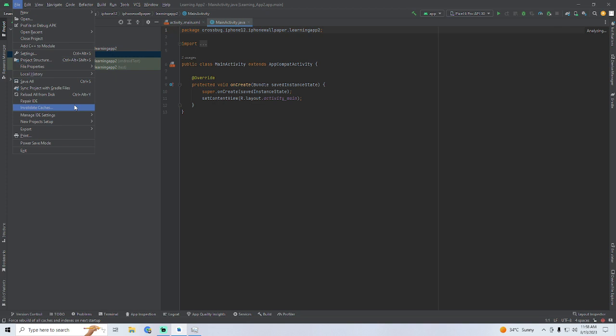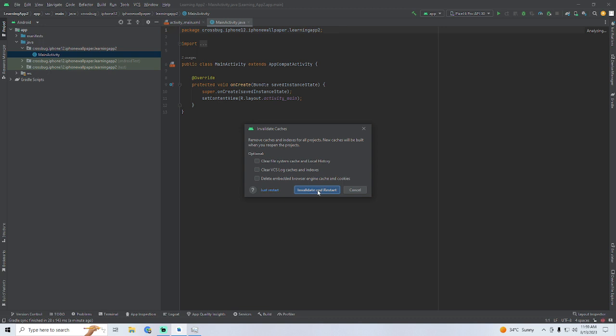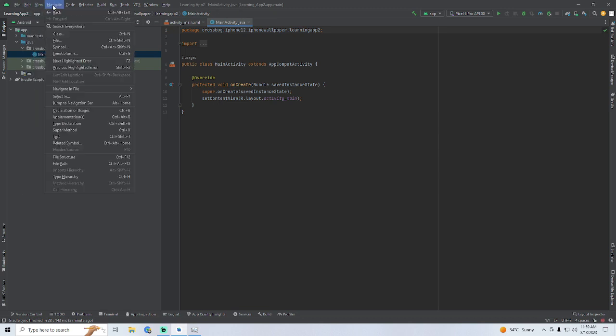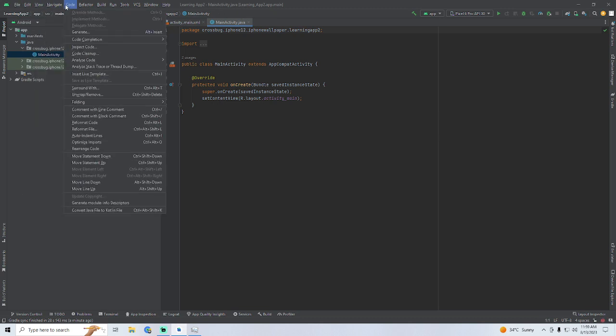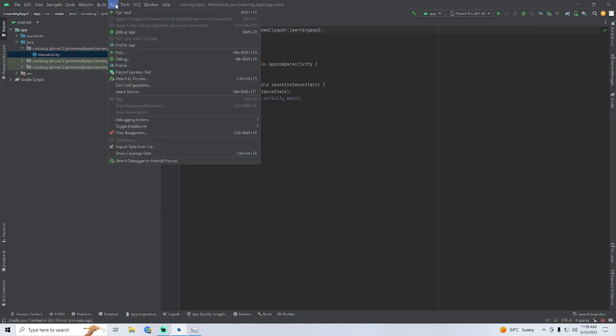We don't need to learn this thing. And whenever our IDE shows some errors, just go and click on Invalidate Caches and Restart. Just click on this and all the errors will be removed. This is if the Android IDE is showing errors, not in the code. If the errors are in the code, you have to recode your project. Okay, the next thing we're gonna work on is